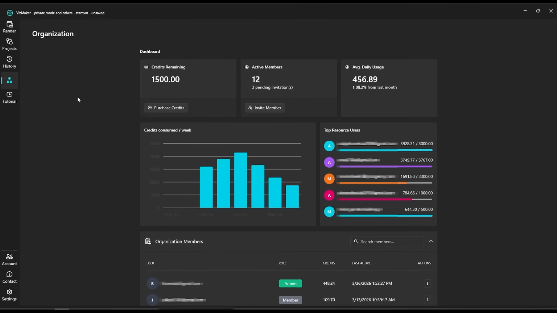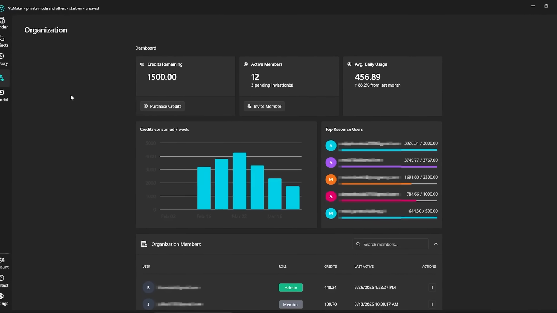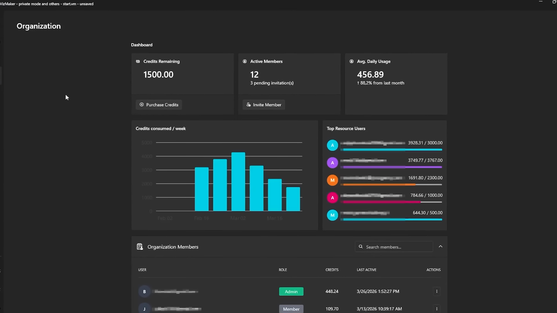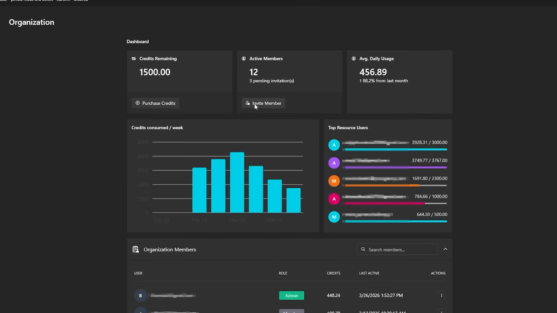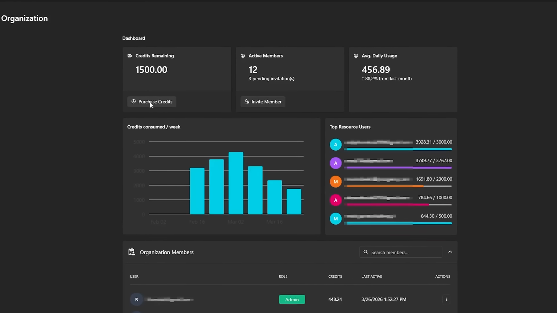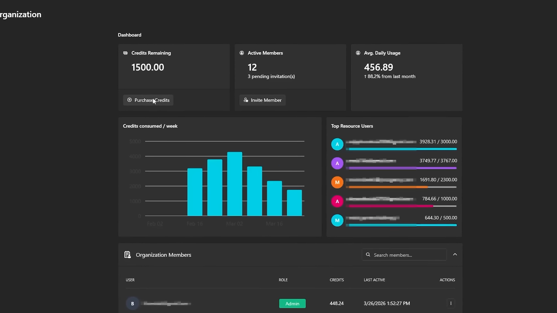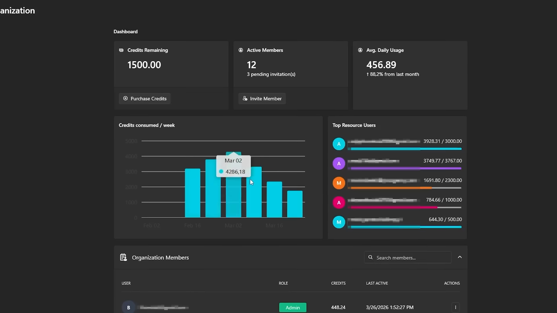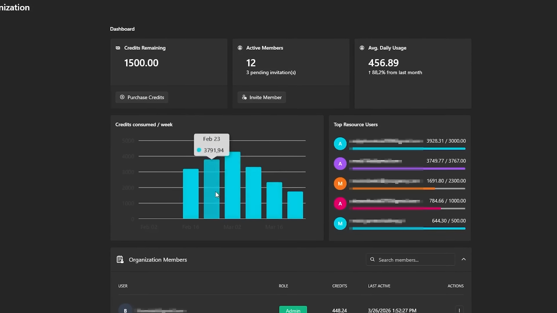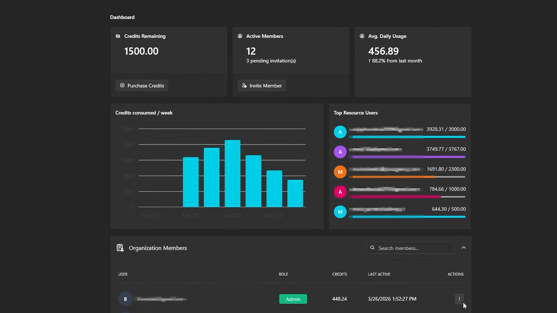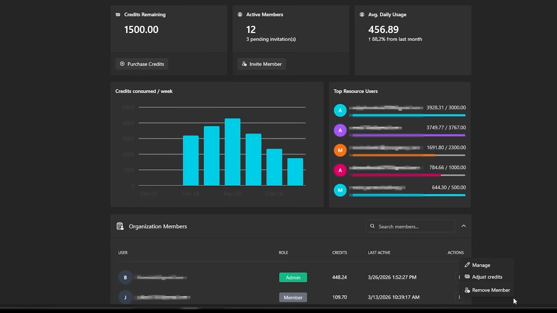Now, something for companies. VizMaker introduced the ability to create organizations for managing all your teams. You can conveniently invite users here and purchase much larger credit packages at better prices. Here, you can check daily usage. You can also review credit usage for a selected user and in a convenient way assign credits to that user